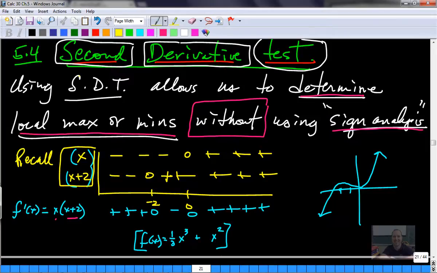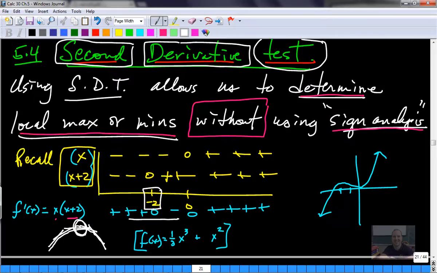Now, in connecting this with local maxes or minimums, what we took a look at was where the sign changed from positive to negative, right? Positive derivatives look like this. A 0 derivative looks like this. Negative derivatives start to look like this. And what does that look like if there was a graph underneath there? That looks like a local maximum. And so we had determined before, using sign analysis, that this points us to a local maximum at x equals